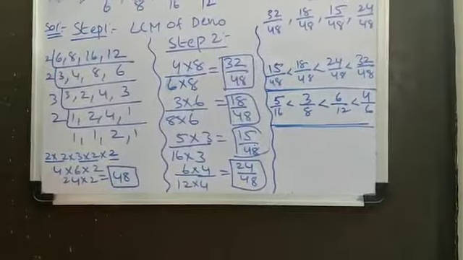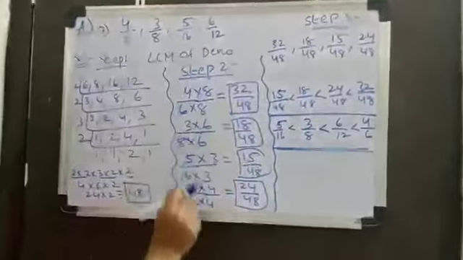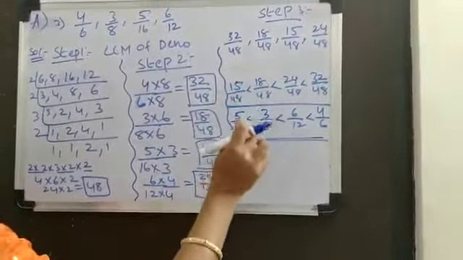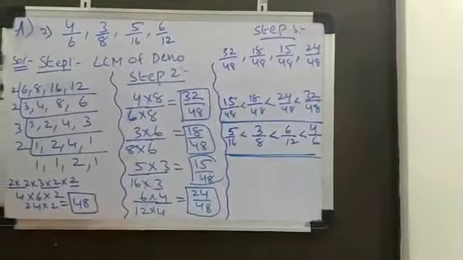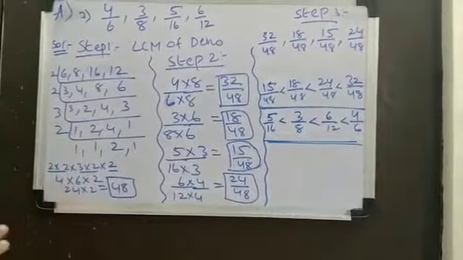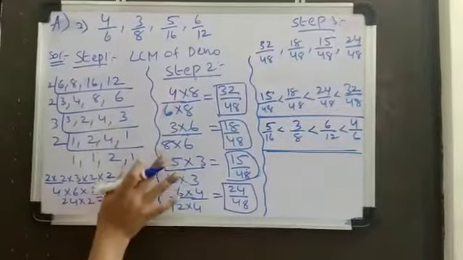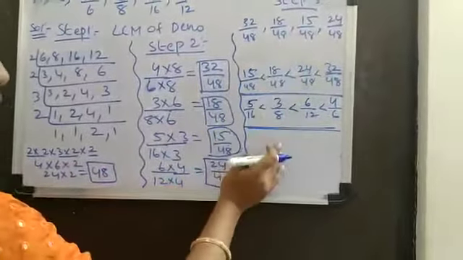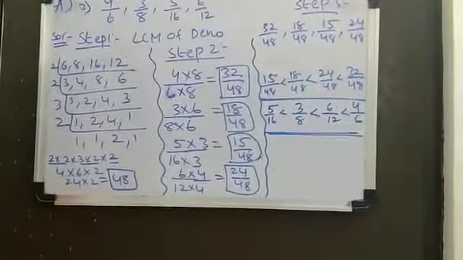So I am just recapping what we have done. Step 1, LCM of the denominators. Step 2, changing all the given fractions into like fractions with the help of LCM. Step 3, arrange them in ascending or descending order. Then write their original fractions from the question. This is what we do for comparing unlike fractions. Similarly in the b bit also do the same method and you will get the answer. Instead of ascending, you need to put them in descending, that is big to small, and you can finish off that checkpoint on your own. Okay. Have a nice day, children.